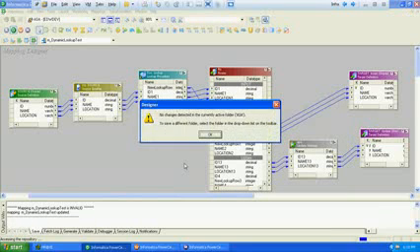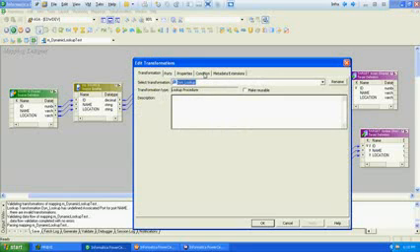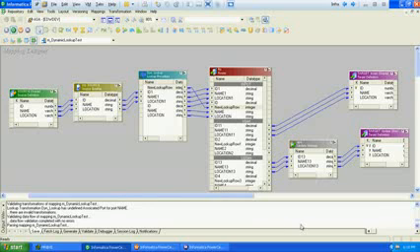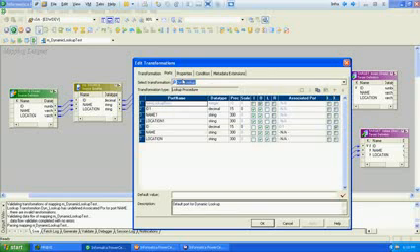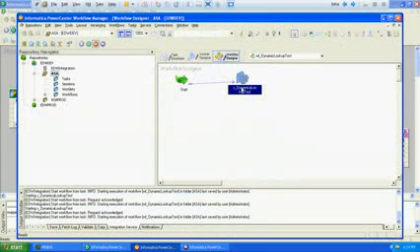We'll save this particular mapping. It's saying that it's invalid because... We'll refresh the workflow.